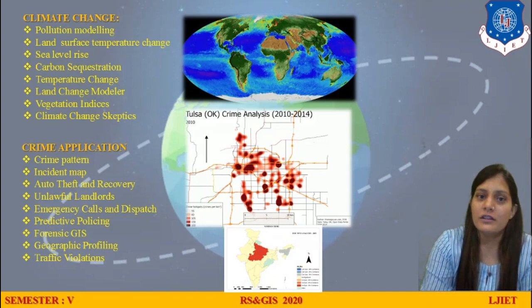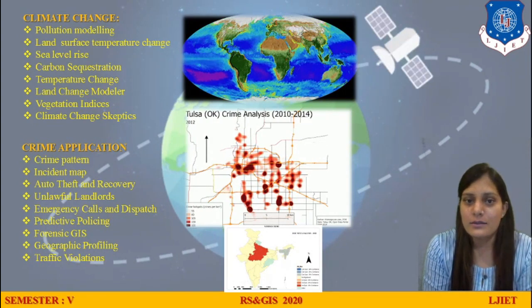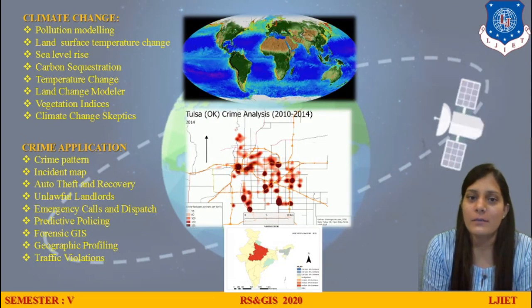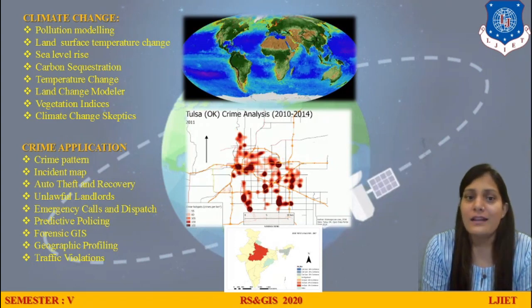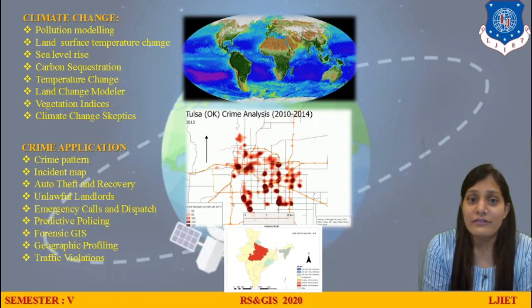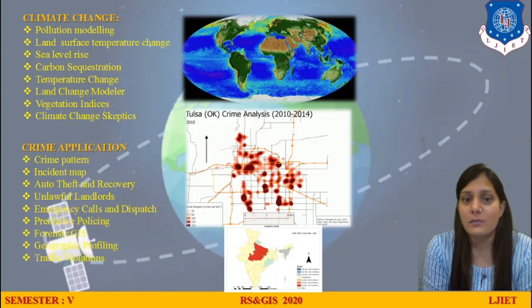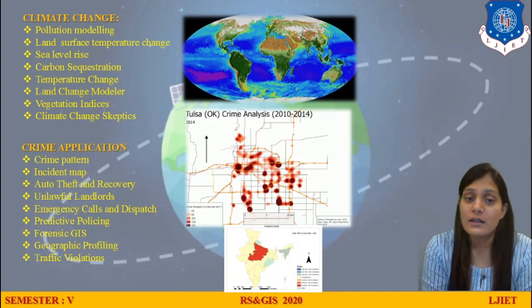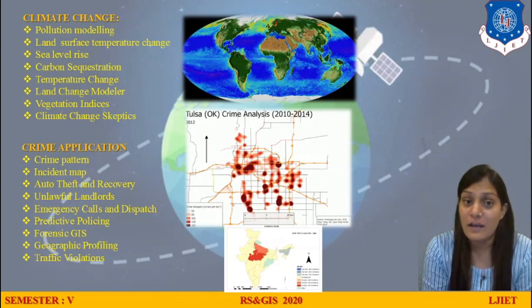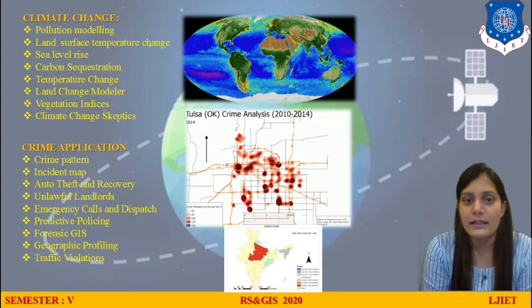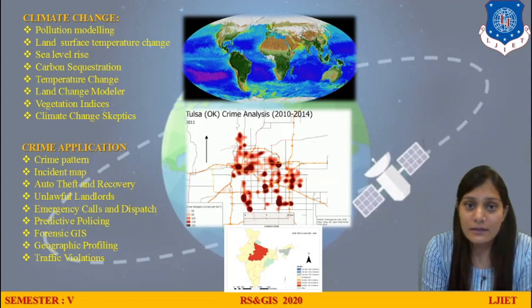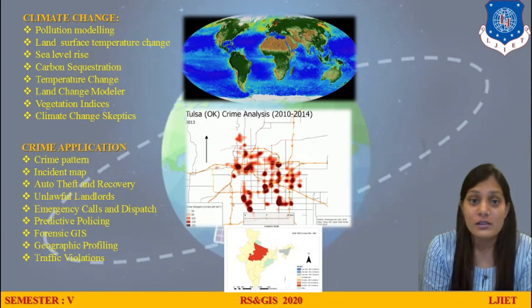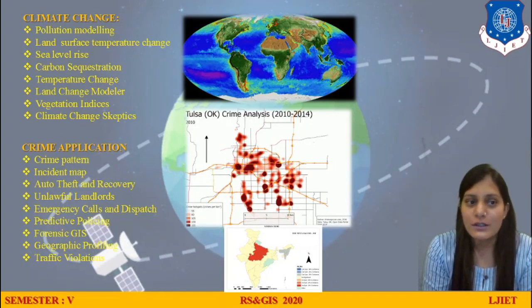Now moving further, we are going to see climate change. Yes students, you can see there is a lot of climate change coming up right now, and you know all that: sea level rise, floods, tsunamis, everything is coming up. Even though we have seasons of 4 months or 6 months, right now our climate is not following the seasons, and any season can come at any time, which is a measure of climate change impact, right? So it is very useful.